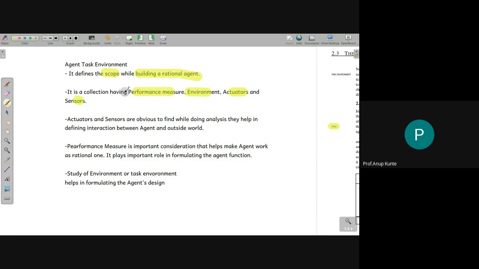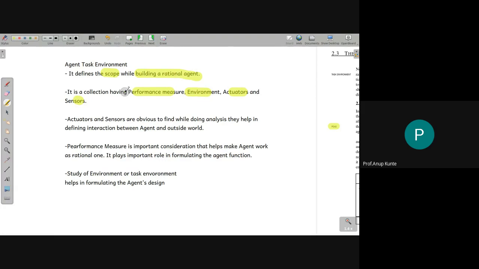So actuators and sensors, these two components are very obvious because we can think of the input process output model all the time. As an IT engineer, we are always keen on finding out, given a problem for programming, what are the inputs and what are the outputs. And then the other thing that we think of is how I convert inputs into outputs. What kind of organization of the code component I can do. That part we're going to replace with these two components, the performance measure and the environment, because now the actuators and sensors are going to be used in an episodic fashion, or a fashion wherein we continuously have an interaction with the environment.